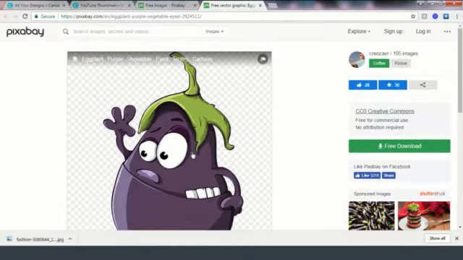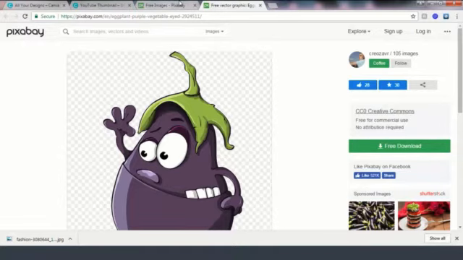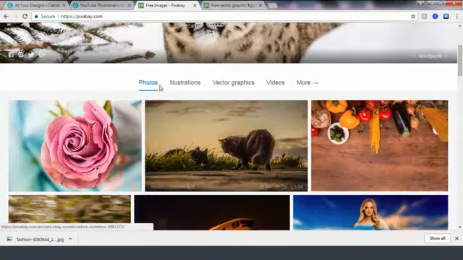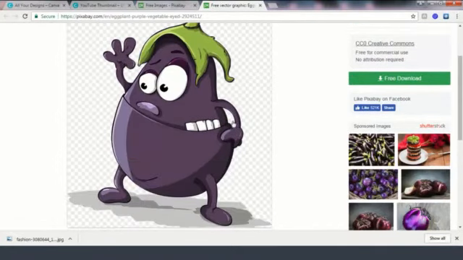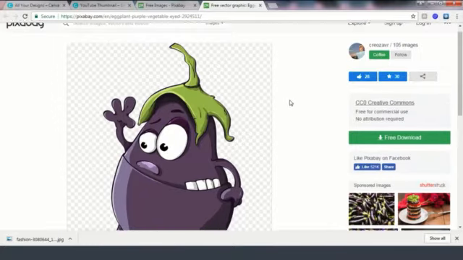Designers love vector graphics because even if, for example, you make this image very big, it will not lose quality, because regular photos, if you stretch them, the image will pixelate. The quality will become low, and if you decide to use a photo for a billboard, the quality will be much lower and it will pixelate. However, if you use vector, then the quality will remain the same even if you use it for as big